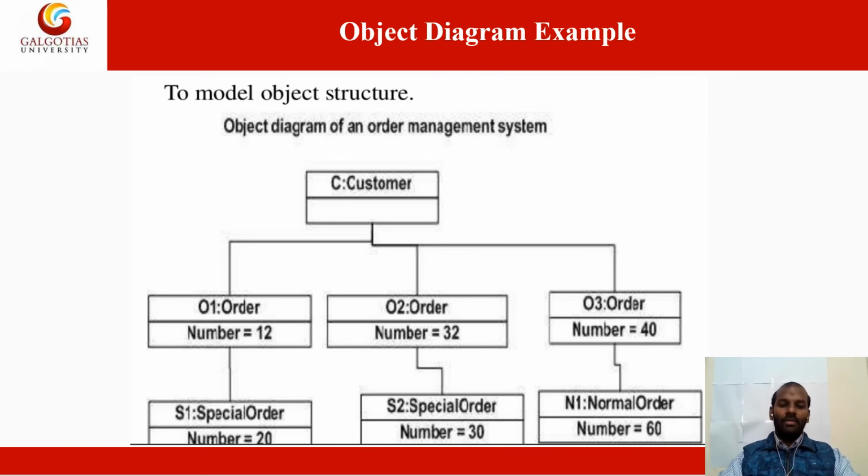So order number 1, 2, 3 as well as specific order 1, 2, SN, all these things are communicated to the person in charge of the particular management. All these things have a strong communication, that is, an association should be there, because the customer and the order are always in strong communication, because the particular order is only going to be delivered to the particular customer. There is no dependency or generalization at play over here. So association plays here.